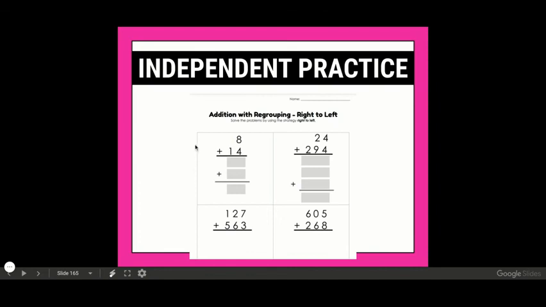Now that we've finished all of our practice together, it's your turn to do the independent practice. And so there is a worksheet that you are going to submit into Edgenuity when you are done. There are 4 problems on this worksheet, and you'll notice these first ones, I have the boxes kind of shaded in to remind you where those different partial add-ins go. So for example, the 1s would go here, the 10s would go here, and then your final answer is down here. Same with over here in the hundreds, but on the second 2, I did not give you those boxes,